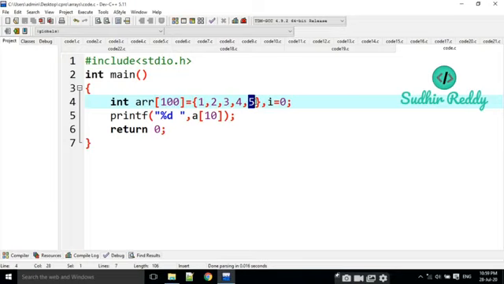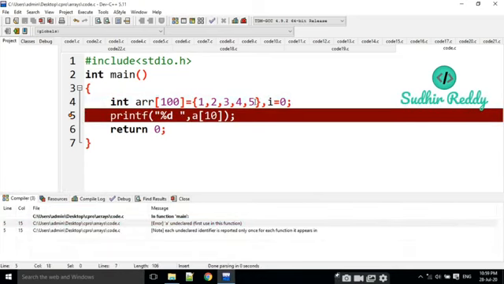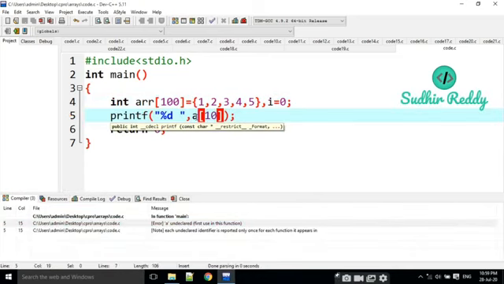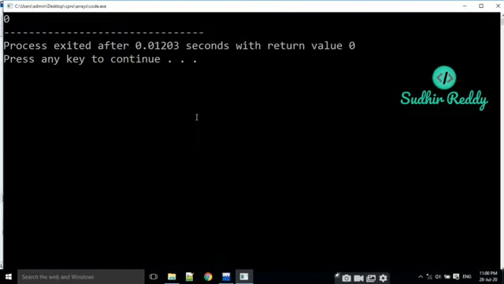Look here, at the time of declaration I am going to initialize the values for the array. How many values are there? What is the size here? The actual size is a of 100. That means all the remaining values are going to be initialized with 0, up to 100. This is done when we are initializing array values at the time of declaration only. Then the output here is 0.